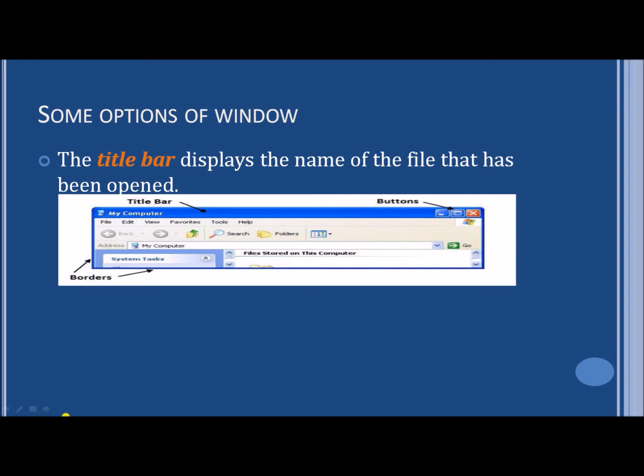Previously it was in the form of a window, either half screen or full screen, but now it is in the form of a tab, and the tab is present on the taskbar. It has happened because we clicked on the minimize button.